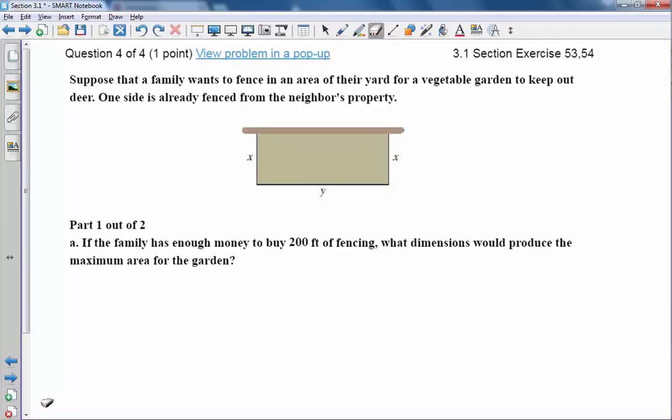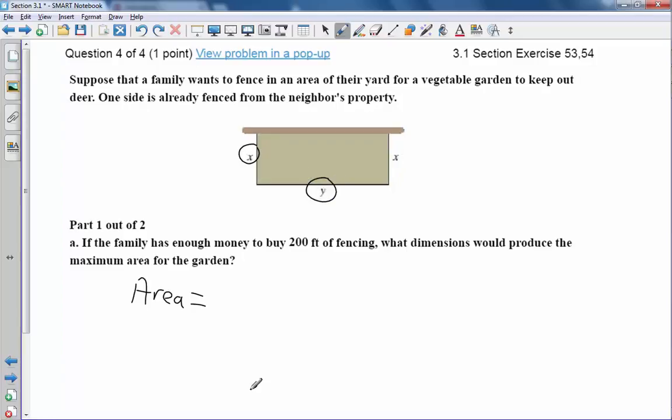What are we maximizing here? Where is the word maximum? The following word is maximum followed by area. So the formula or function you are trying to maximize is area, and you need to tell me that formula